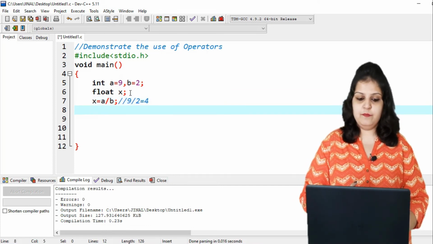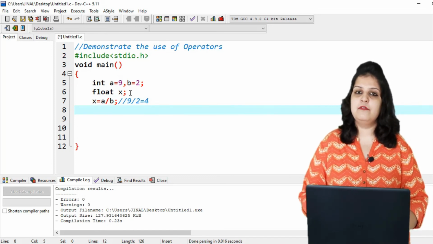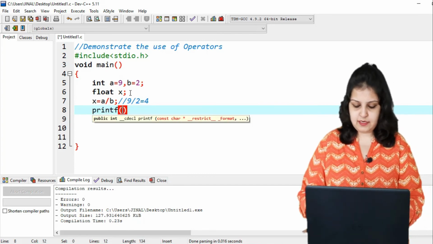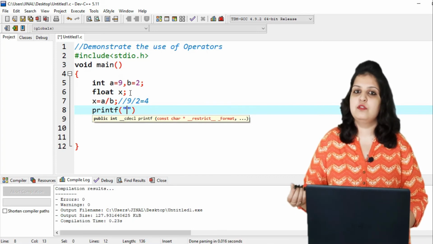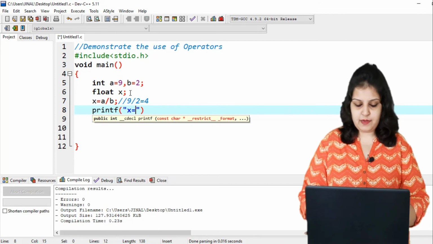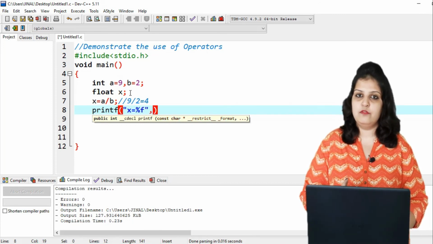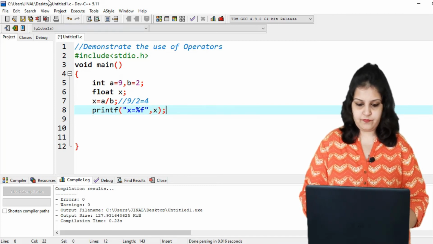And when you print the value of x, now you think that x is a float data type. So when you print the value of x, it will show you 4.000000. How? Let's see. x is equal to percentage f. Why percentage f? Because x is a float data type. And just write the value of x.